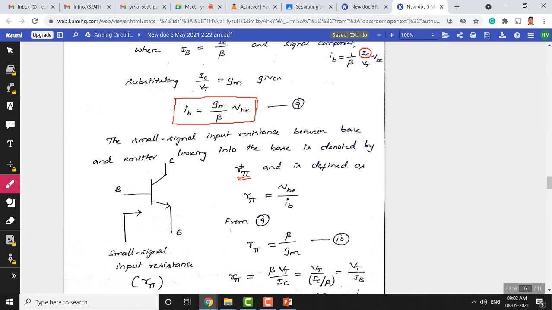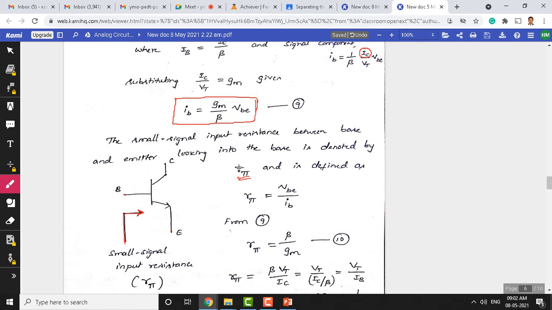Since it is an internal resistance, we measure it when looking into the base and the emitter. That's why it is the small signal input resistance between base and emitter, and this is measured by looking into the base. So look at the arrow mark here, this is pointing towards the base. Since this resistance is an internal component here,